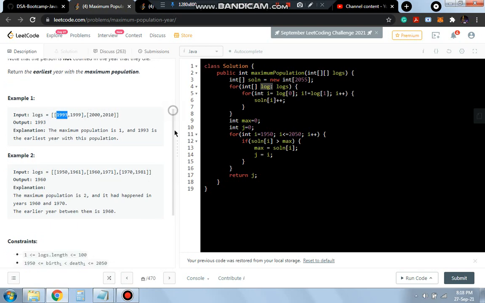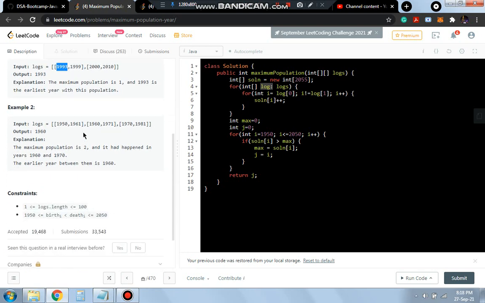Let's see the second example where some overlapping is there. Here we have 1950 to 1961. This is the death year 1961, so till 1960 it's considered. And here we have 1960 to 1970 and 1970 to 1980.